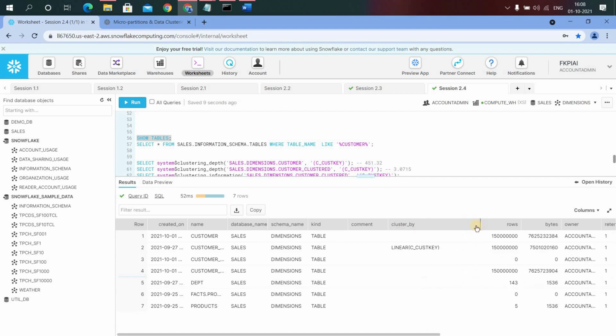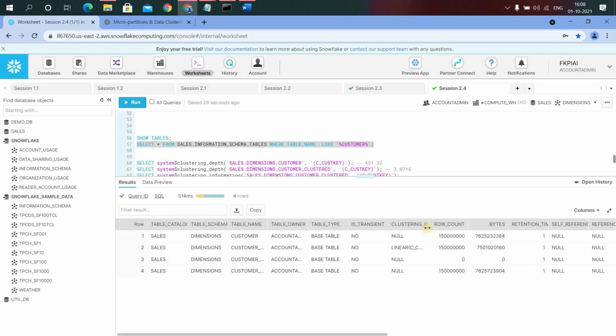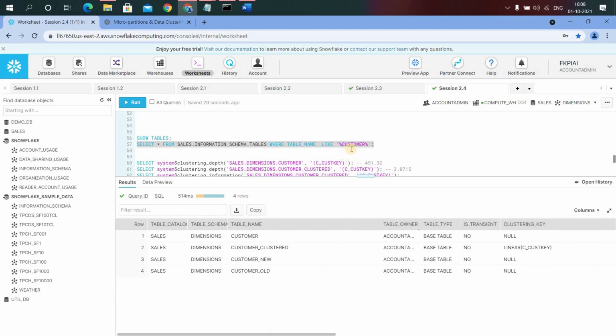It tells us whether the object is clustered or not. If you see some value, it means this particular table is clustered. Another way is querying the information schema in the particular database. I am running this statement, and you will see there are 4 objects with the name customer, and this particular table is clustered.